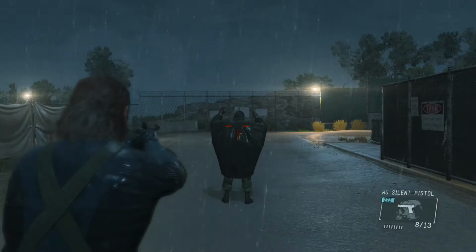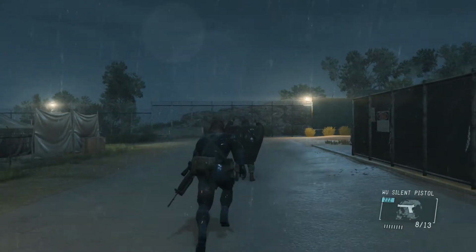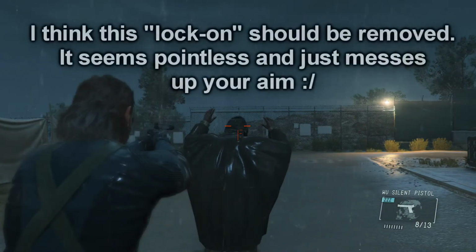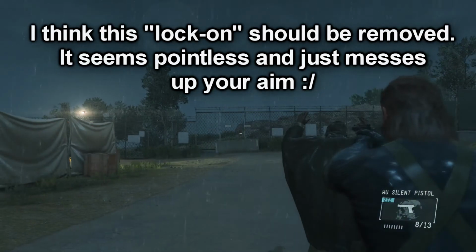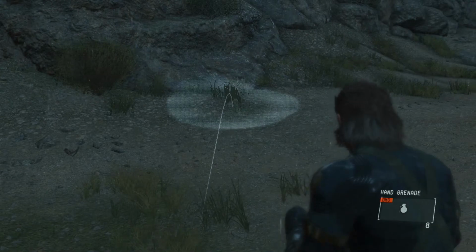I used to think that the aiming reticle staying in the same spot when you switch shoulders was a good thing, but now I've changed my mind because of this lock-on effect, and you can see that when you're aiming at the enemy's head and switching shoulders, the game wants to lock onto his hand sometimes, but not every time, so it's pretty unreliable. I tested out the shoulder switching with a grenade, and this seems to be perfect, where